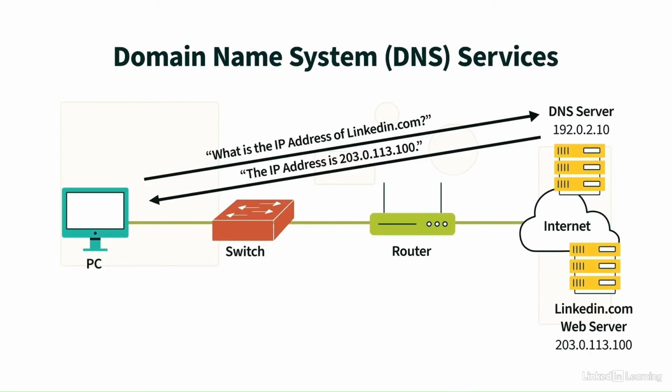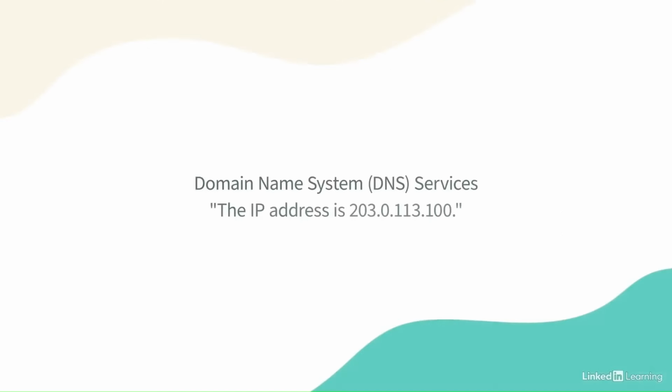The DNS server receives that request, and it might have that information stored locally. But if it doesn't, it can reach out to another DNS server on the internet that does have the information. And the DNS server then responds back to the PC. Now, in this case, we're pretending